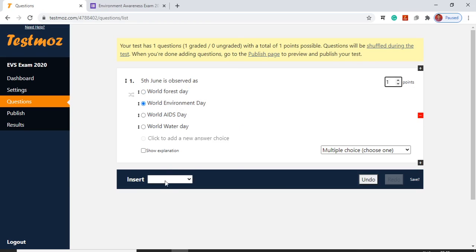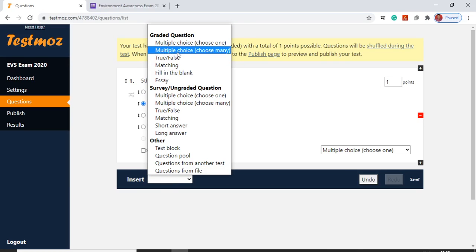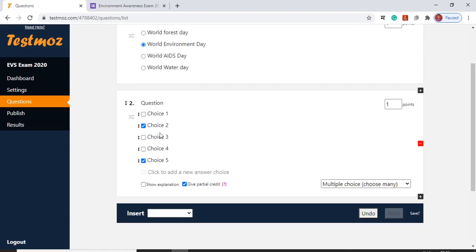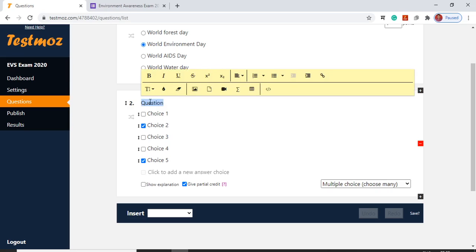Then we will add a multiple response question. This type of question is similar to the above type, but if we select multiple response questions with many options, we have to select more than one option. So we will add the question: most common air pollutant.